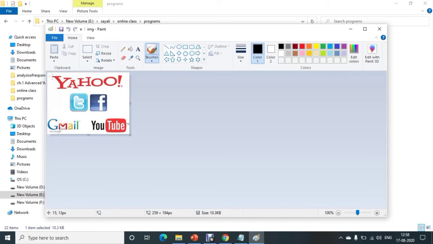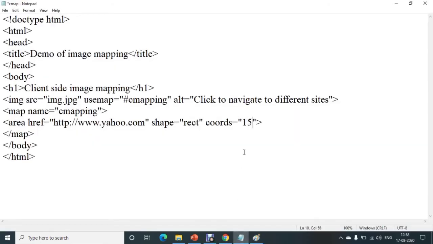So this is the top left corner point. And now you can see here the coordinates, that is 15 and 11. So we have to provide that point's coordinates, 15, 11.